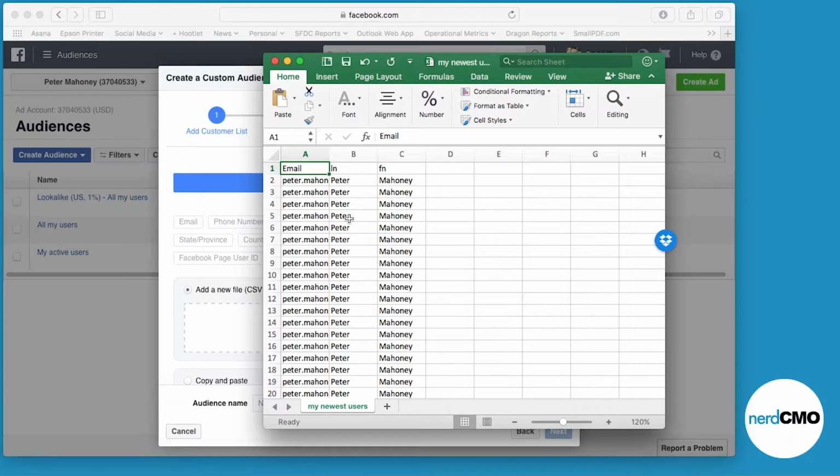And I've just put the data underneath it. Now, in my case, again, this is just a sample file, but in my real data, obviously it looked a little bit different because it was different names and emails, and it was quite a bit of a longer list. So from here,